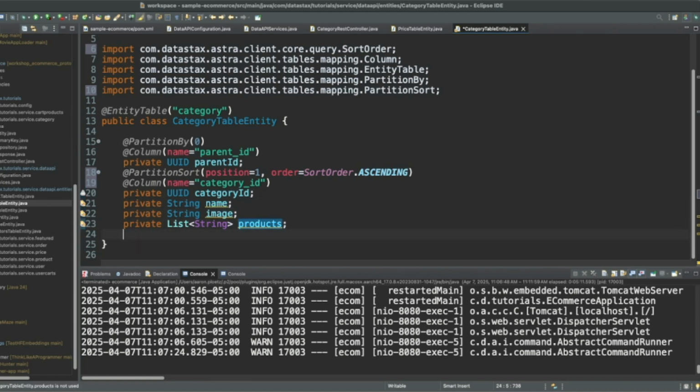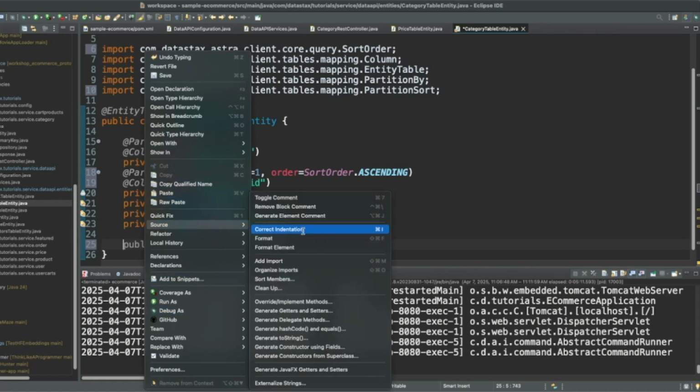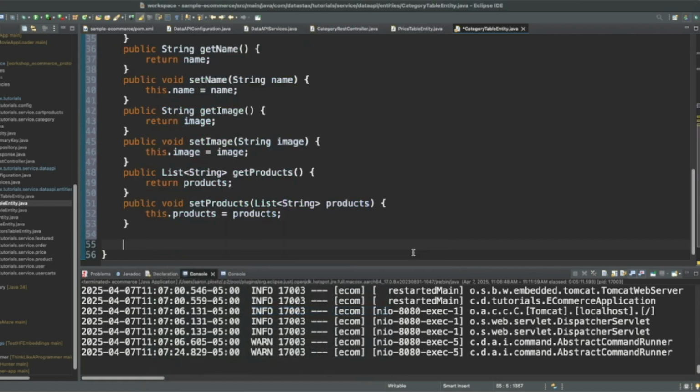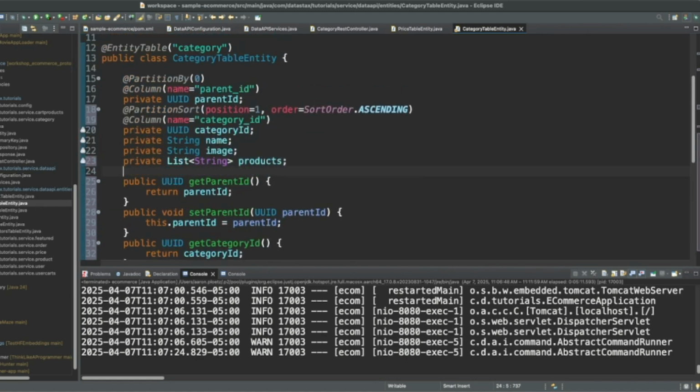So let's go ahead and generate our getters and setters. Select all and generate. All right, our entity class is now complete.